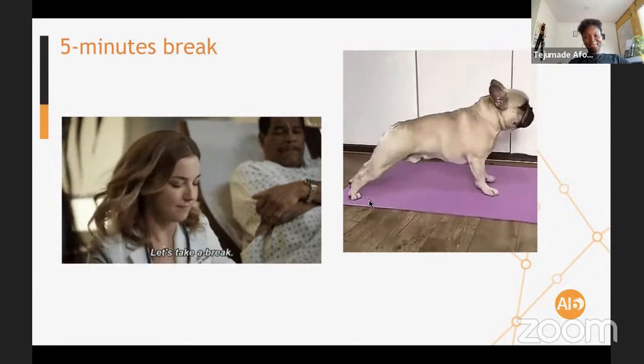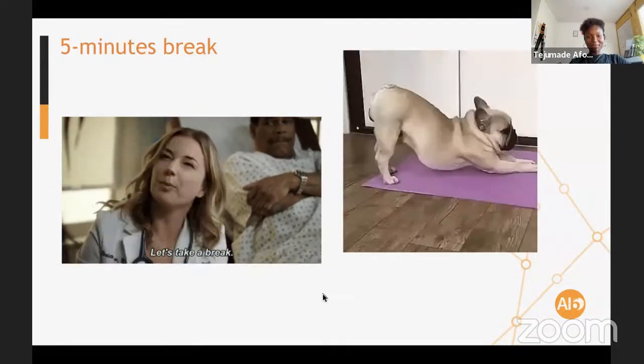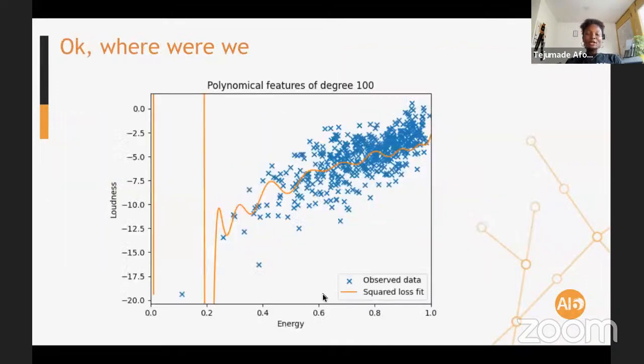All right, let's jump right back into it. That was a very short segue to the train-test set, because we wanted to measure the generalization error using some hold-out sets. So let's not forget where we were.